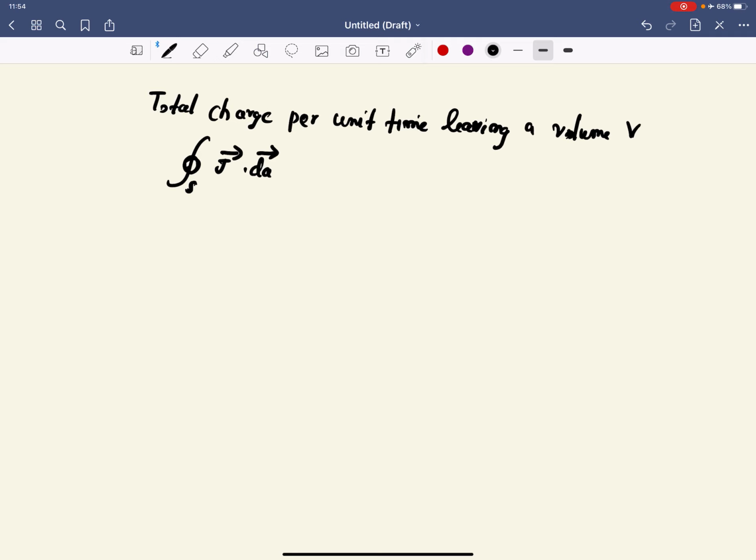Okay, that is equal to, using the divergence theorem, you can also write this over the volume as the divergence of this current density over the volume element d tau. I have used the divergence theorem because I can convert the surface integral into a volume integral. Now, since charge is conserved, you know that charge cannot be created,